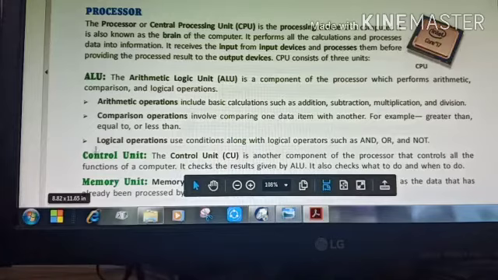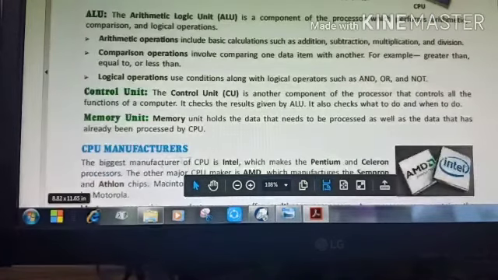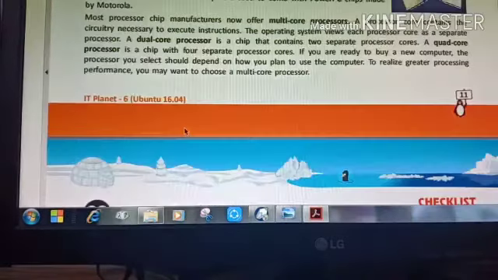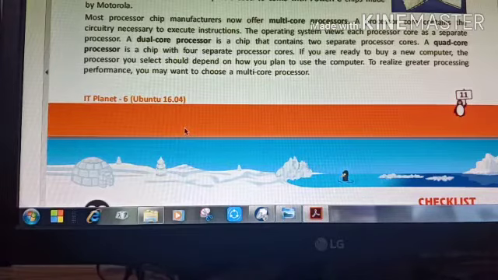CU stands for control unit. It controls all the parts of the computer. And the memory unit, as you all know, saves or holds the data. Now children, we will talk about some CPU manufacturers. The biggest CPU manufacturer is Intel, and most manufacturers offer us multi-core processors.